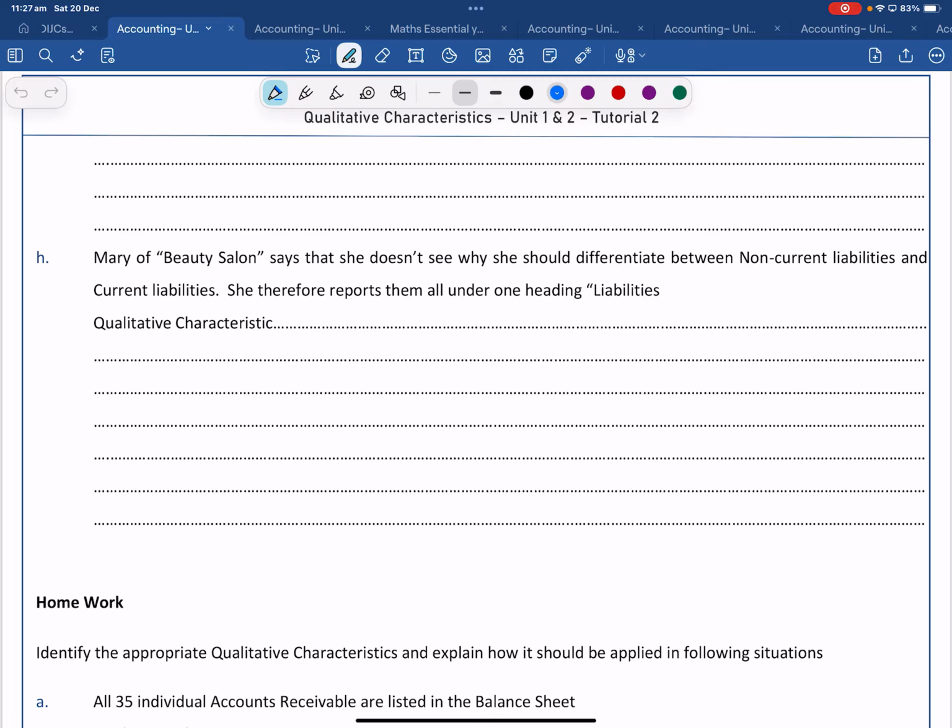Because the owner wants to know what liabilities are going to be met immediately, then the owner can raise money. Yes, raise money to cover the liability, so that she can make the necessary decisions, like how to raise the money. So that's why we are saying that we are talking about liabilities only here. Okay? Yeah, that's a tricky thing.